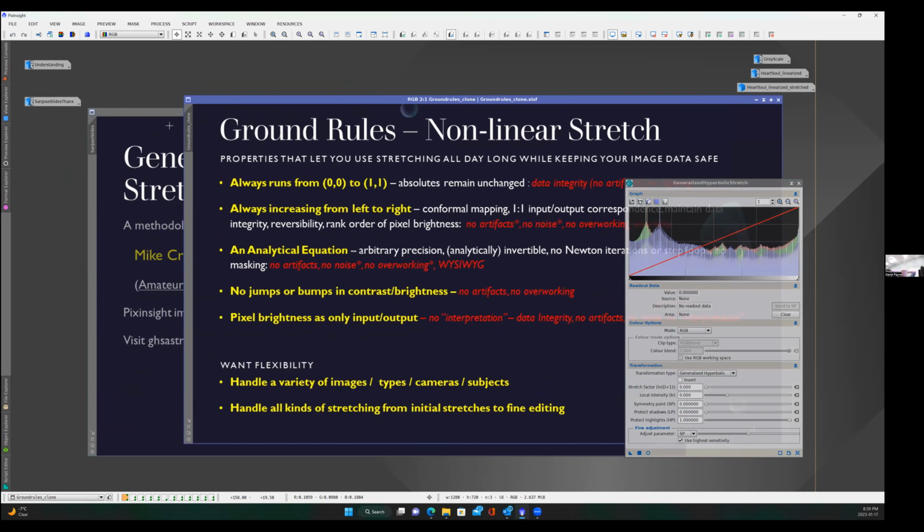But I'm going to show you applications. I'm going to show you how to stretch your initial image. I'm going to show you how to do some follow-up stretches to make any corrections. But I tend to have it integrated into my workflow because I'm going to talk about some of the other processes that we use in PixInsight and how it's really good to have GHS used to set up the working of those processes, and then after the processes are run, how GHS can be used to fix any unintended consequences